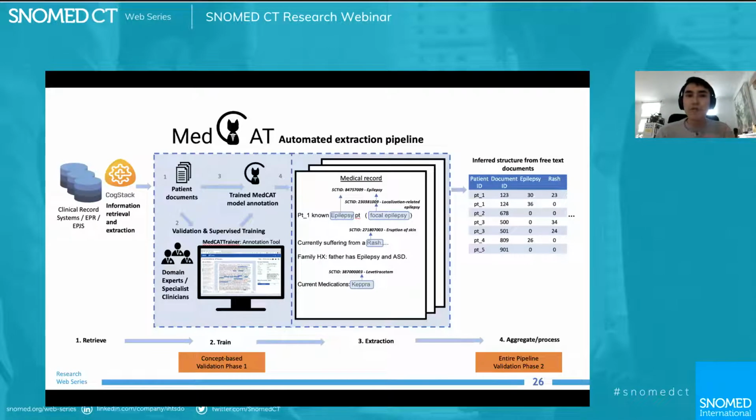Just a bit of an overview, and retrospectively I probably should have started with this slide so it all builds as a bigger picture. You have a data lake where your data comes from, and you define your cohort or corpus of documents that you're interested in. A subsample is then validated in the training step, where your document set may be 100,000 documents, and you don't need to annotate everything. You want to automate as much of this process as possible, but you still need to check whether this automation process is correct or wrong.